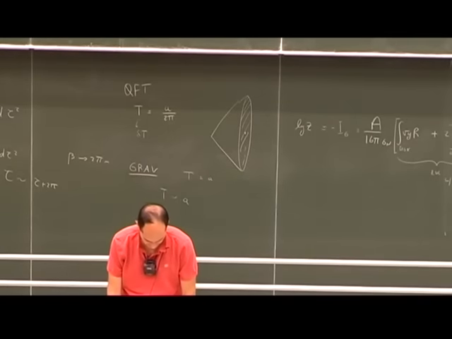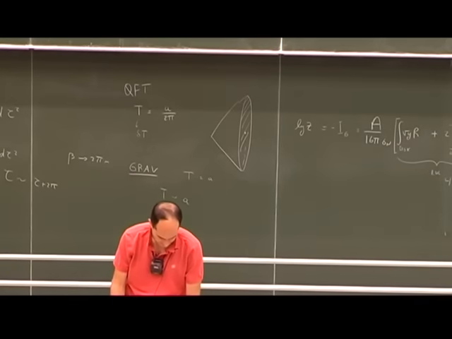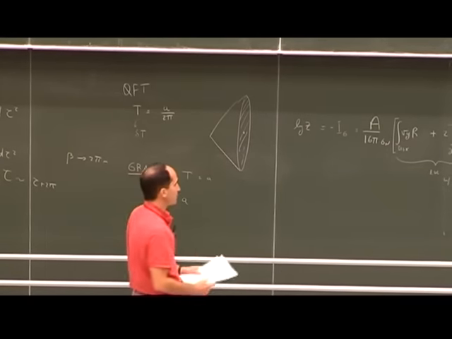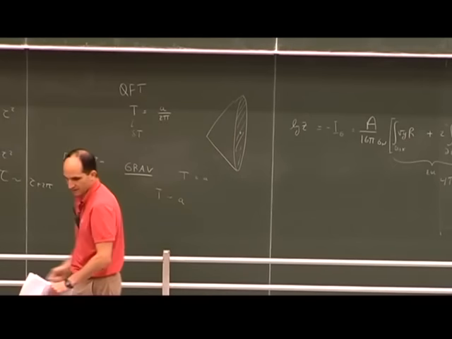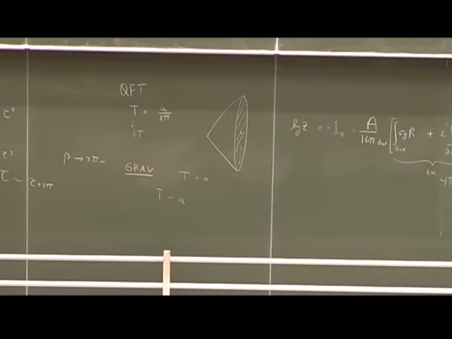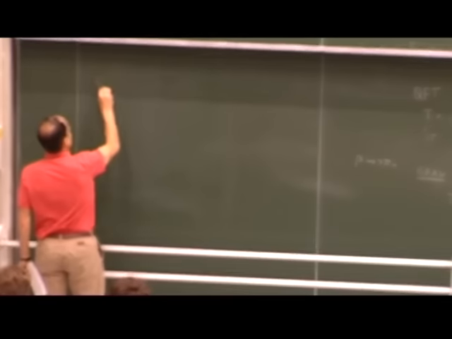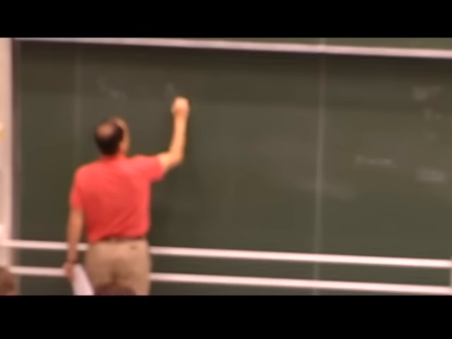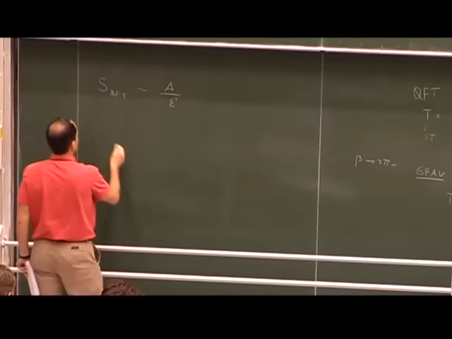So in the context of quantum field theory in the black hole background, the entropy would be infinite. If we were doing this, let's say in this type of configuration, the entropy of that density matrix in quantum field theory would be infinite and proportional to the area over epsilon squared in 4 dimensions. On the other hand, in gravity, if we did the calculation of the entropy of gravity,